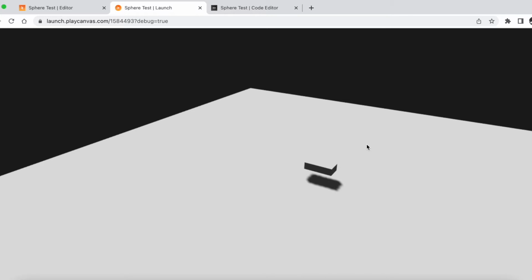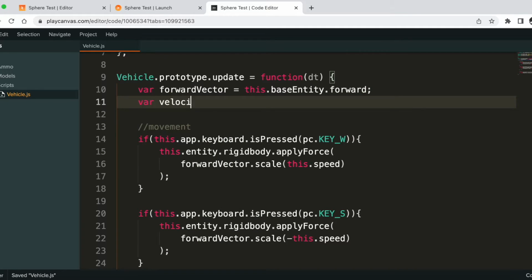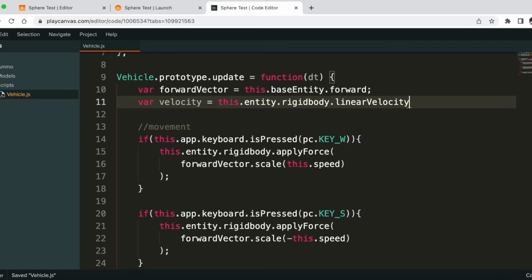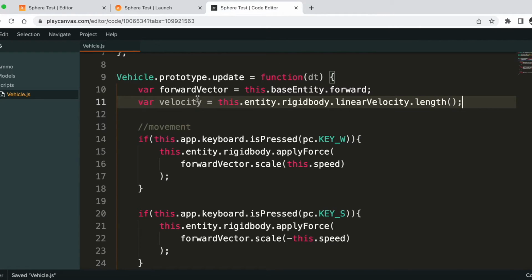This is pretty cool, but as you can see, if I press A while it's staying there, it still rotates. Now, in order to fix that, we will use velocity of the car itself. And you can get this with linear velocity from the rigid body component. And then get the length, and this is a number. It's 0 whenever it stops, and when it moves,